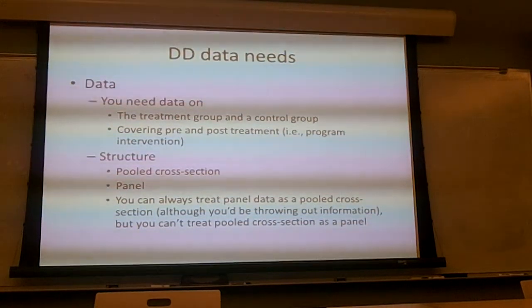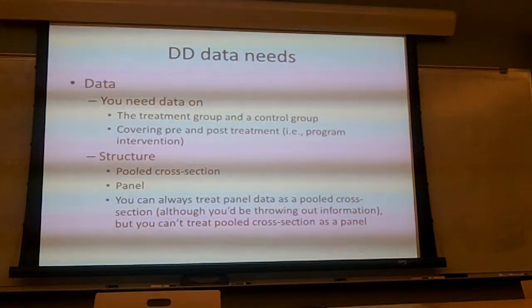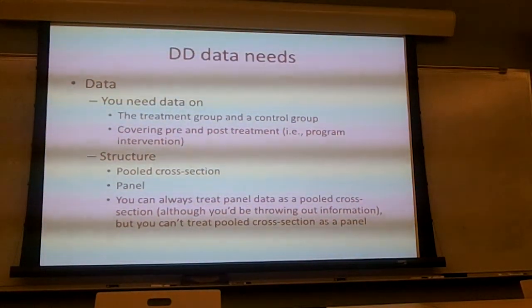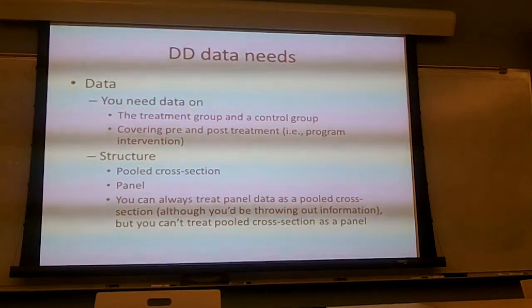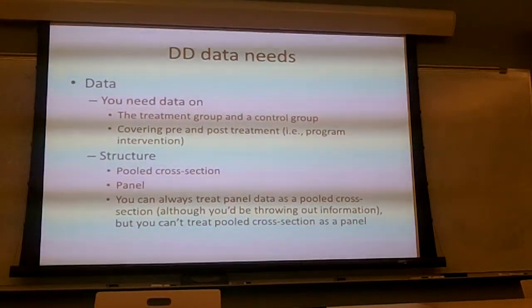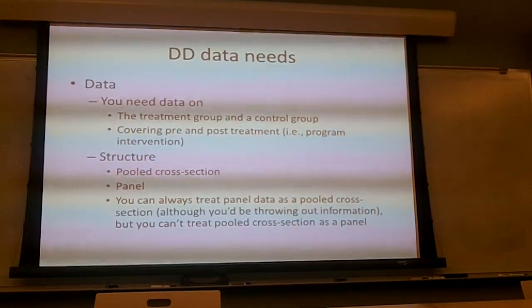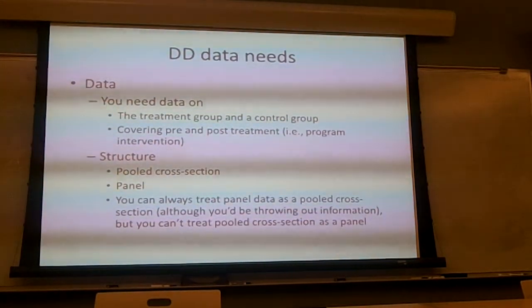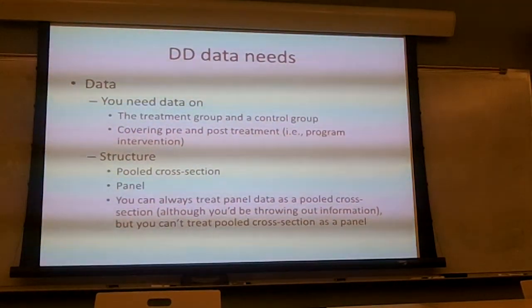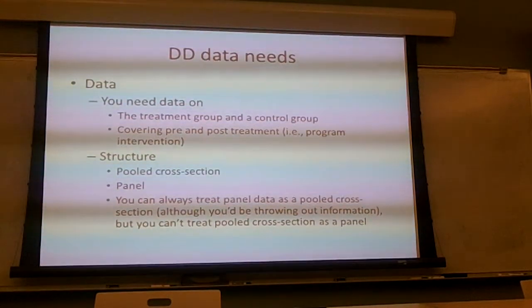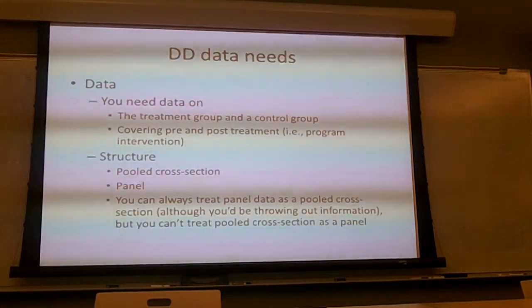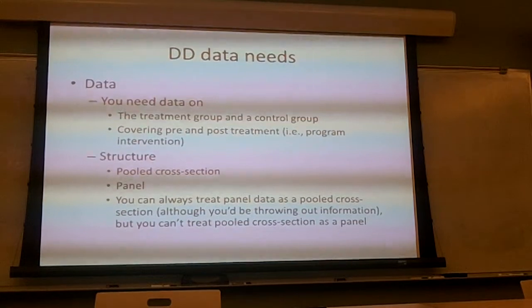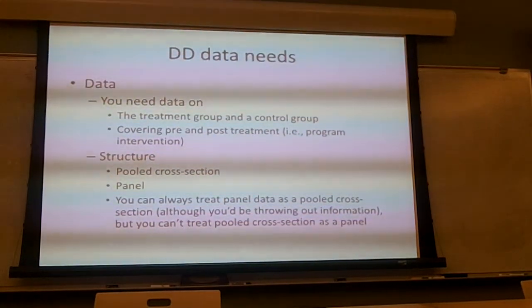What do you need to be able to do this? Not a whole lot in terms of math skills, but you do need some data. Unlike cross-sectional data, you now need data on both the treatment and control, and you need data covering both a pre-period and a post-period, before and after whatever treatment or program or policy you're trying to study the effects of. In terms of structure,